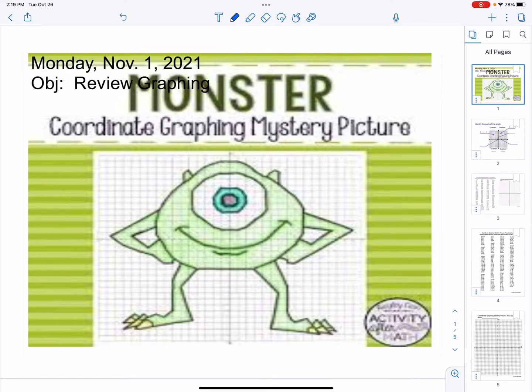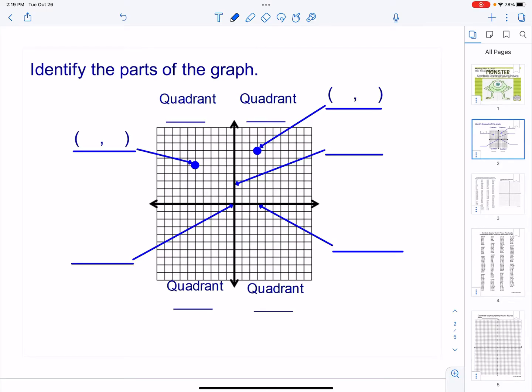Hello class. Today we're going to do a graphing activity. So I need you to review how to graph coordinates on a coordinate plane or a grid or a graph. Okay, so I do need you to take some notes on this. You are going to have a test question very similar to this where you have to identify the parts of